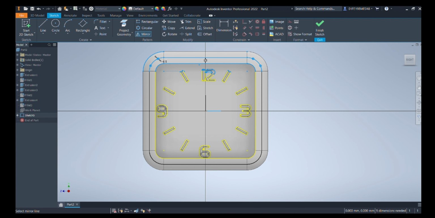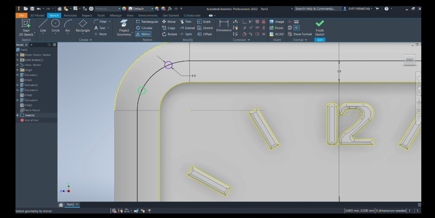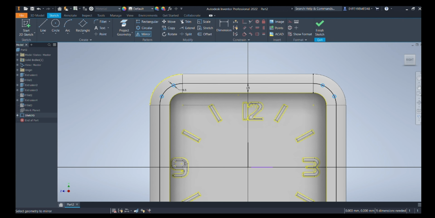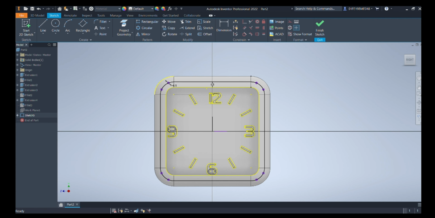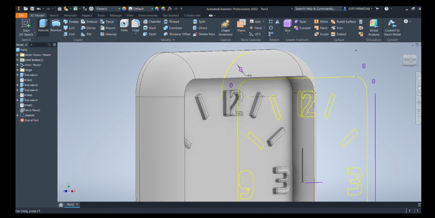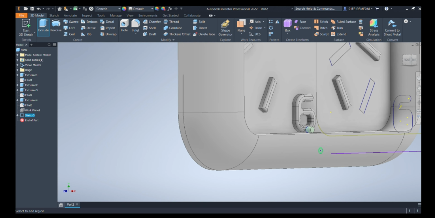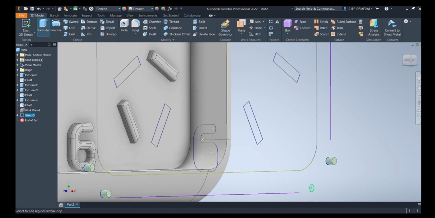Selecting all those four upper edges and then mirroring it by the horizontal line. So here we can see that all those four holes are now ready. Now we can delete the projected geometry. Now just extrude cut all those four holes up to the end, or we will have one figure 11.7.